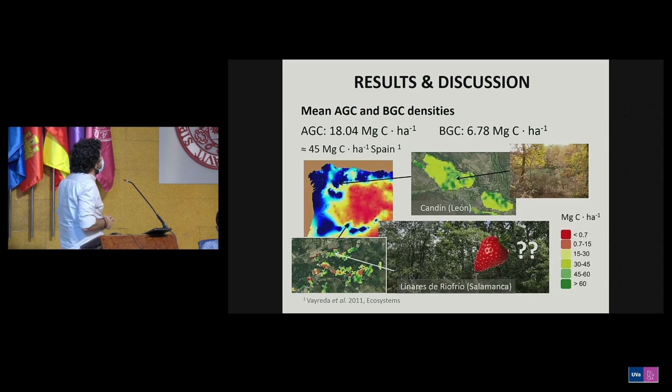So we also found relatively high mean above ground carbon and below ground carbon density. We found above ground carbon densities averaging 18.04 megagrams of carbon per hectare. This is relatively high, because some authors have found 45 megagrams of carbon per hectare as a mean average in Spanish forests. These densities were very high in some areas, such as those in the western part of the Cantabrian